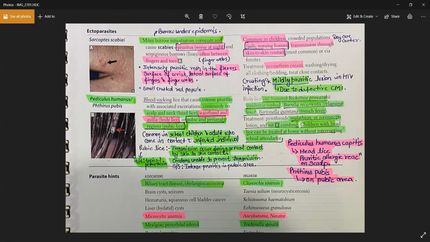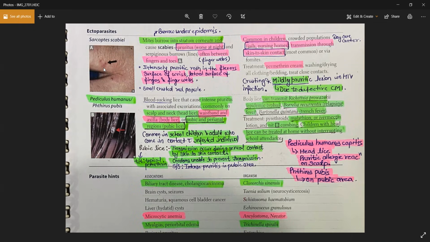Okay, and if the patient is immunodeficient or HIV, you won't get the pruritus, but you will get the disseminated infection of this Sarcoptes scabiei. So you will get multiple ulcers in the skin, crusting lesions in the skin, but no pruritus because there is no inflammation. And most commonly it causes pruritus in the finger webs, as you can see in